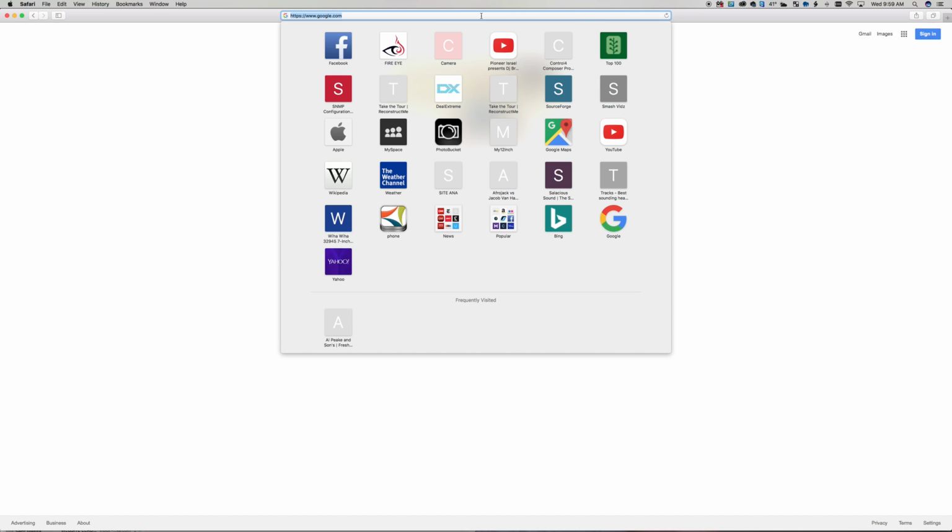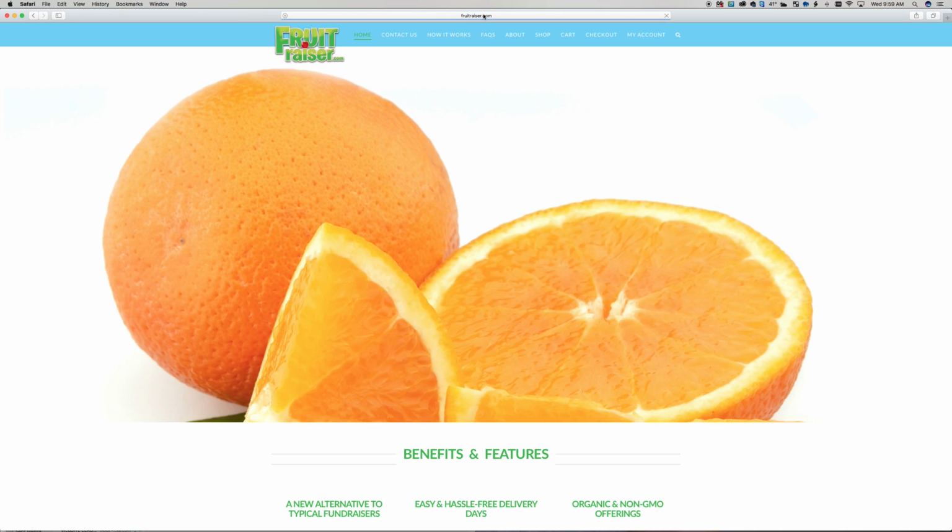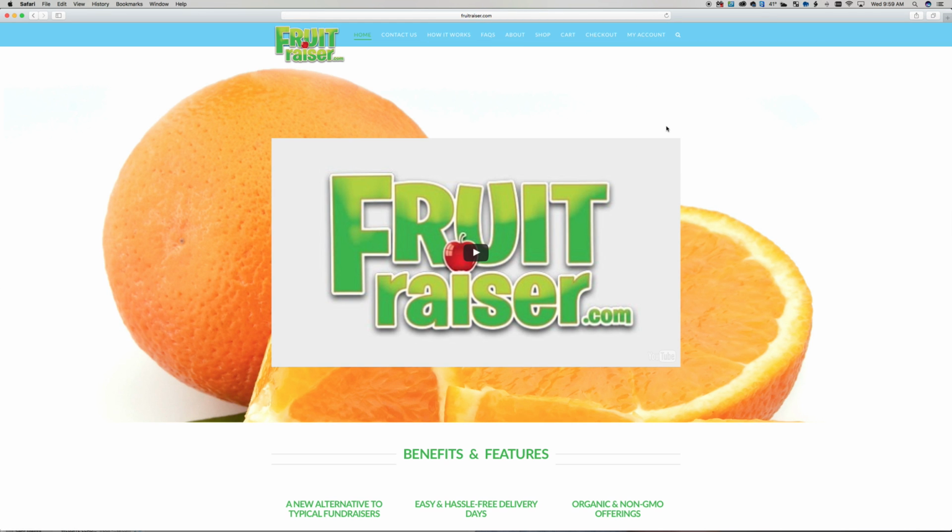First thing we're going to do today is talk about how to get you logged in, signed up with an account with Fruitraiser, and explain the referral system. The referral system is the system that we put in place in order to make sure that you can have all of your sales for your sub-organizers get grouped into one location. We do this in a multi-tiered system so we can track not only the sales of a sub-organizer, but a